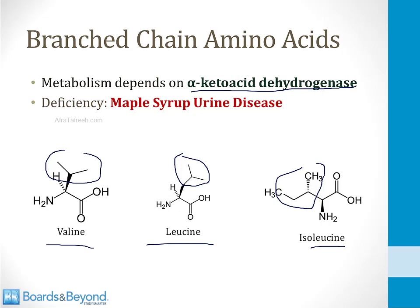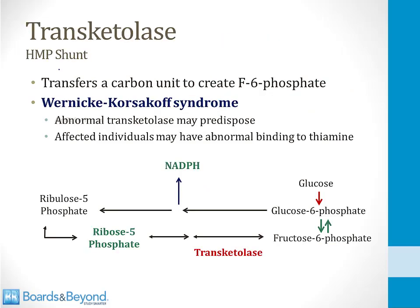And if you are deficient in this enzyme, you will develop a condition called maple syrup urine disease, which I talk about in the amino acid modules. The fourth enzyme that requires thiamine as a cofactor is different from the other 3 because it is not a dehydrogenase complex. This enzyme is called transketolase and it's part of the HMP shunt, which I talk about in a